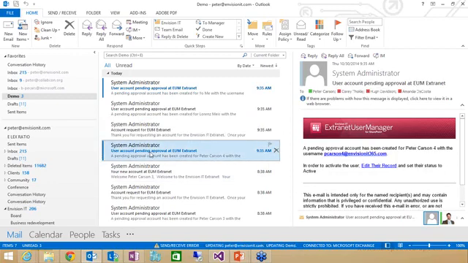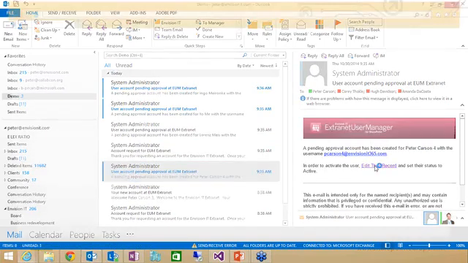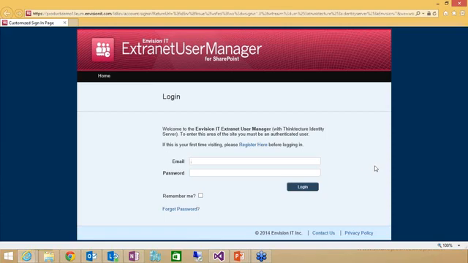Now the other one here is saying, here's somebody new who has signed up on the site as pcarson4 at envisionit365.com and need to edit their record and set their status to active. So let me go ahead and click on that link. It's going to take me to Internet Explorer, and I'm not currently signed in through IE either. So what I want to do here